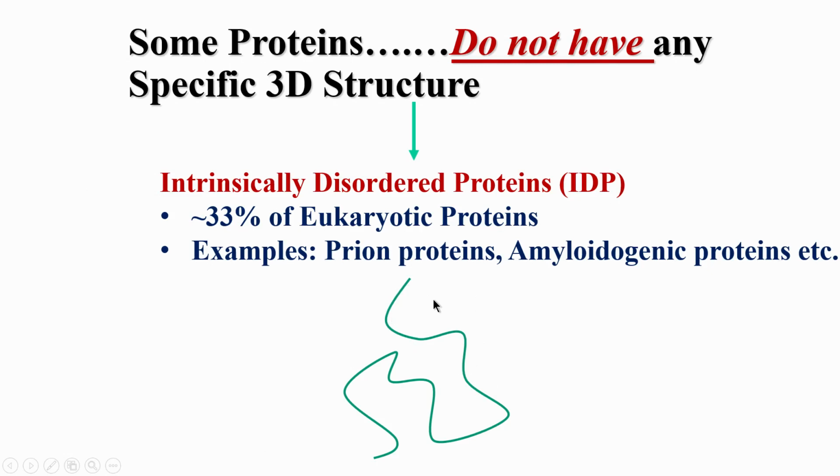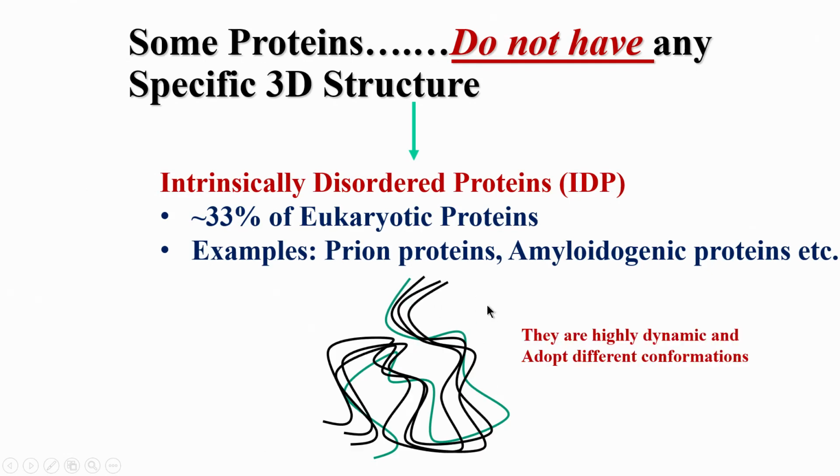So, that is basically the point about IDPs, that they are very dynamic, they are highly dynamic in nature and they can adopt different conformations, and that is the beauty of IDPs. Again remember, conformation is not the same as structure. Conformation is the local geometry or orientation of the different groups and chains. Structure is what we refer to when we talk about alpha helix, beta sheet and so on. So, IDPs can adopt different conformations and therefore, they are very dynamic.